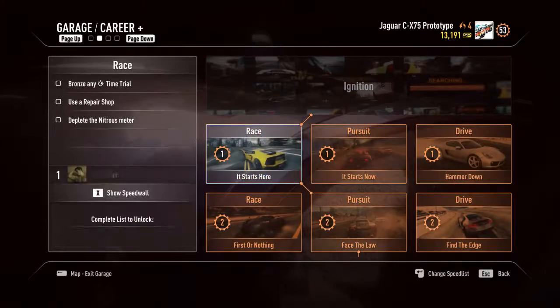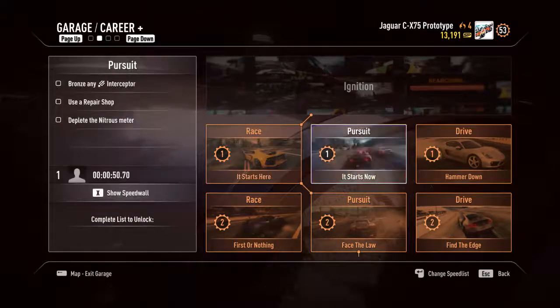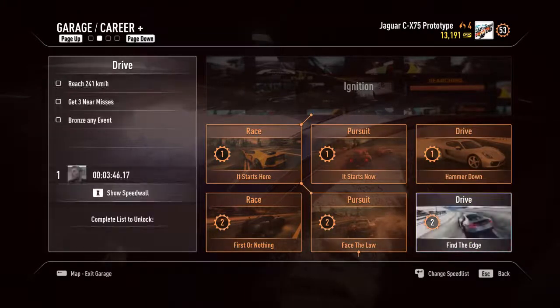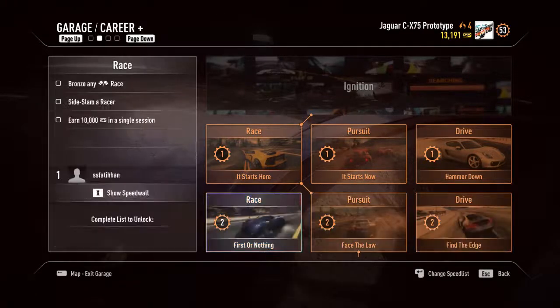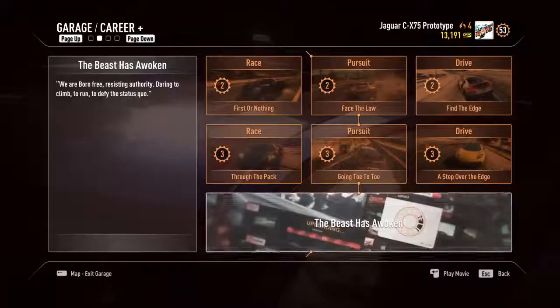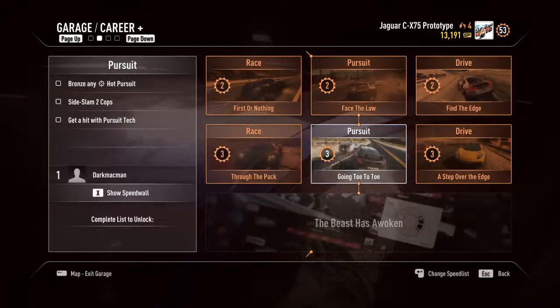Race has missions on race, some events, actually time trial, hot pursuits, that stuff. Pursuit is actually escaping from cops and using pursuit tech, all that kind of stuff. Drive is actually driving, mostly drifting and reaching some kilometers and doing some stuff in the traffic. I always like race and pursuit because drive is sometimes dull, but when you see a hard assignment, drive is actually